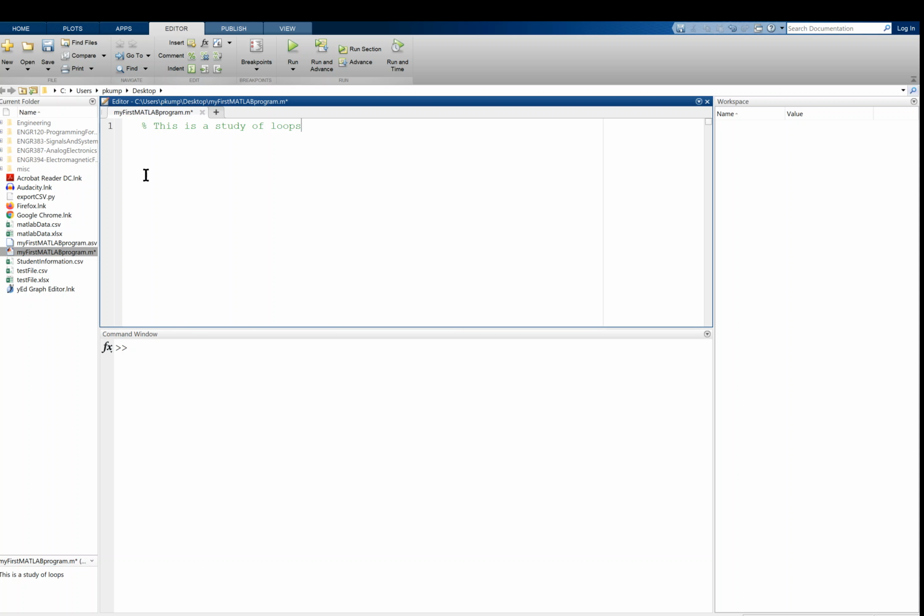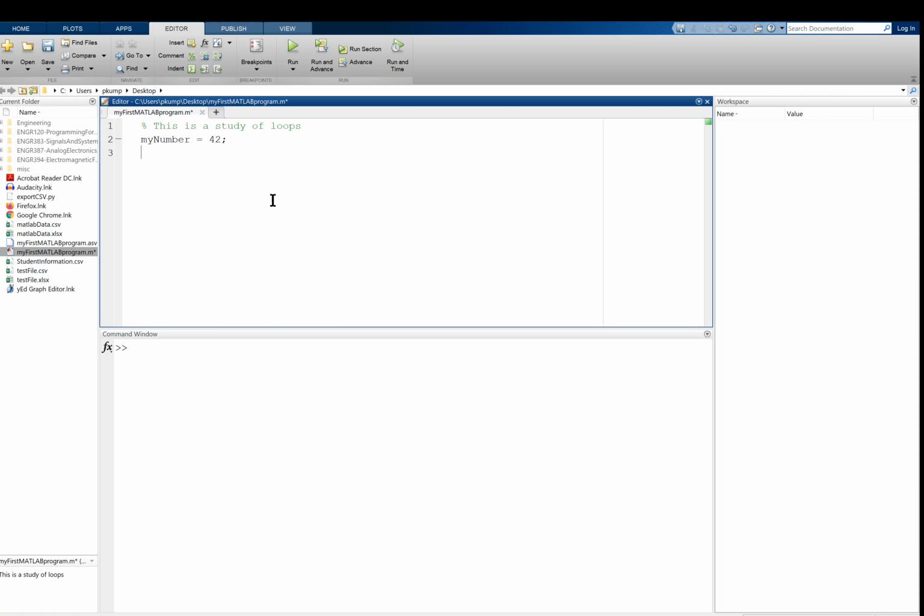Now, in the previous video, we looked at Boolean expressions, so it makes sense to start with the while loop, being that the while loop takes a Boolean expression. It iterates while something is true. We're going to write a simple guess my number game. So we're going to say my number is like 42, and the idea is that we want to have the user input guesses until the number 42